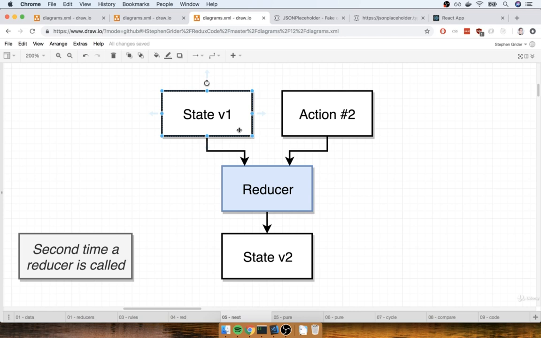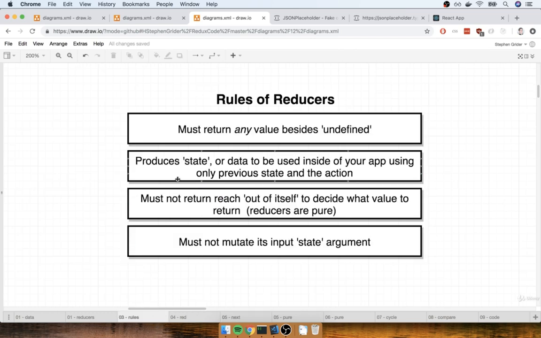Essentially that first argument into your reducer is always going to be whatever it returned the last time it was run. So you can imagine that we've got this kind of cyclic action where our reducer just keeps on getting called with its own value that it is returning over and over again. The only real change inside there is the action object. The only thing that changes each time the reducer gets called is that action object and the type and payload property inside of it. Okay, so that's what this second rule is talking about. Our reducer must return some data or some state using only the previous state value that it returned and the action object. Now that we have a better idea of rule number 2, let's take a quick pause and we'll move on to rule number 3.